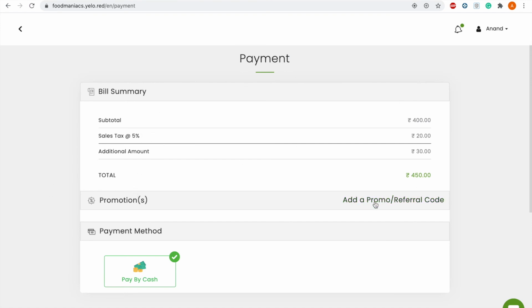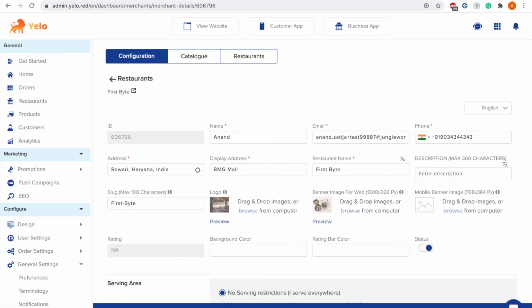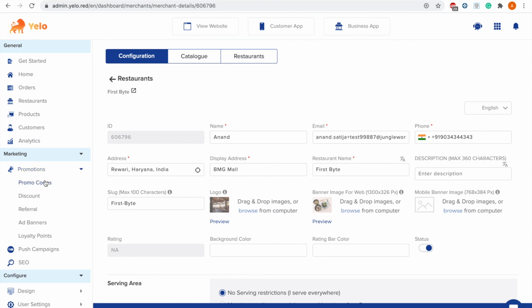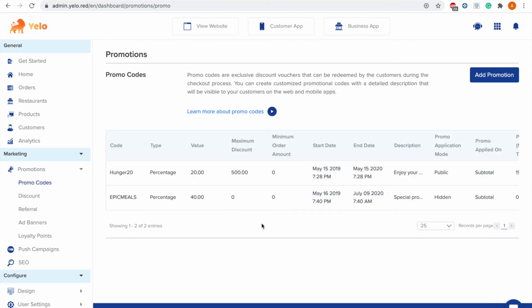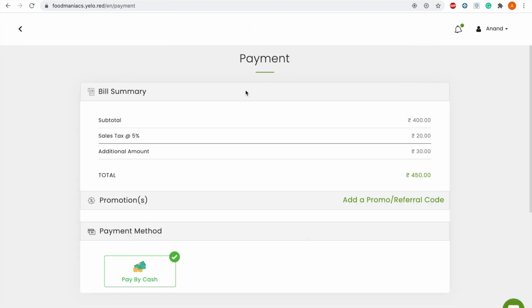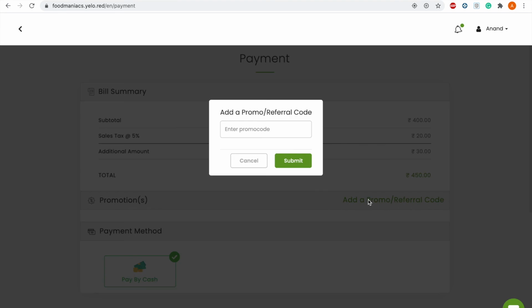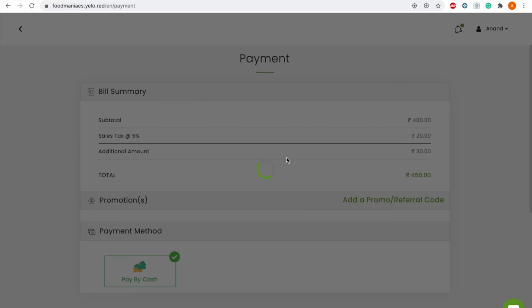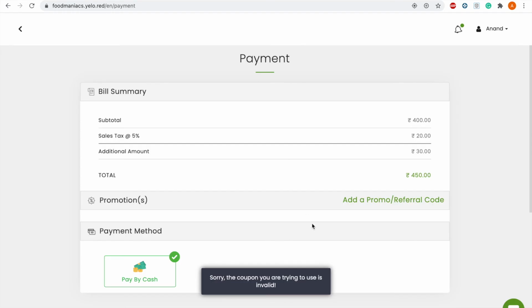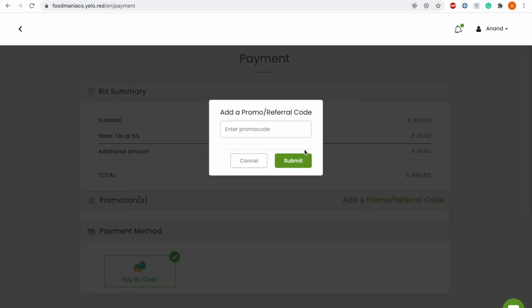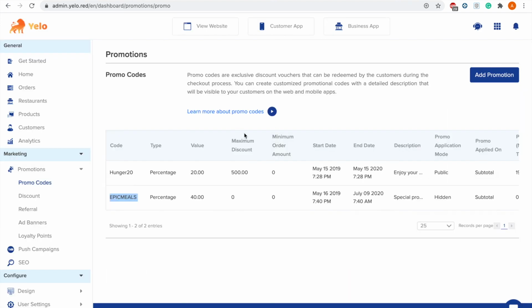You can add the promo code which we have discussed earlier, and let's just go back to the promo codes. This is the hidden promo code we can apply. It's showing invalid because I have not added it properly.